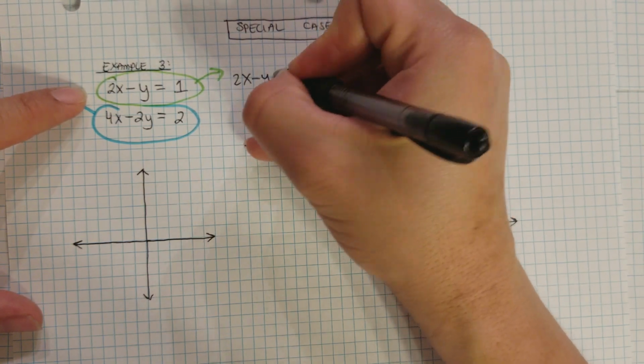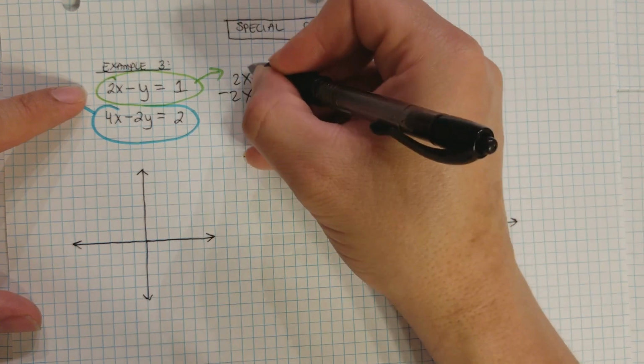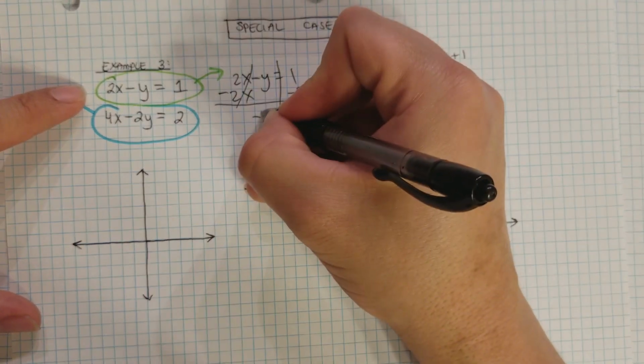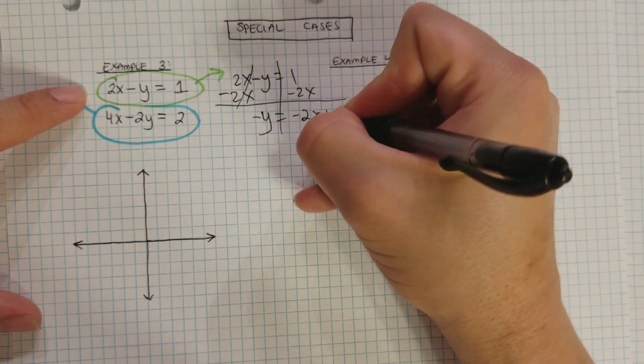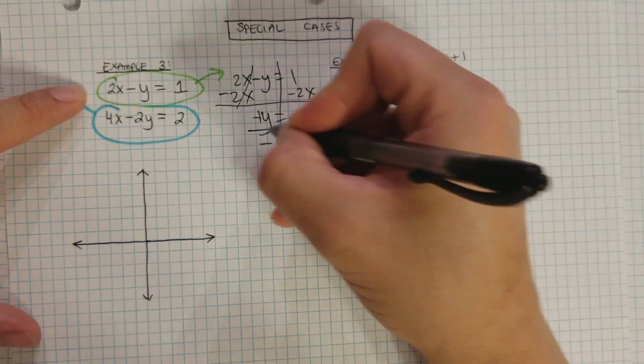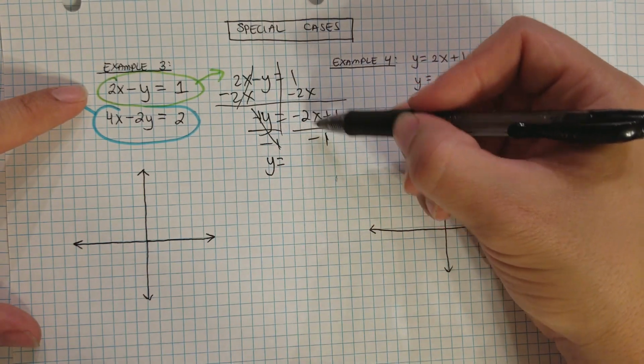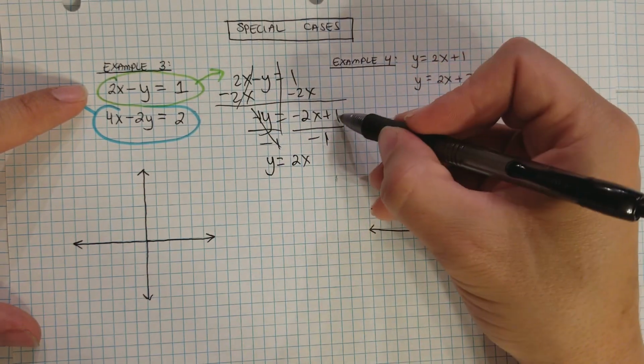So 2x minus y is equal to 1. Draw the wall. Subtract 2x. We get this to go away. Negative y is equal to negative 2x plus 1, because that's positive. Then we're going to divide by negative 1. We get the equation y is equal to, the negative and the negative cancel, so we're just left with 2x. Positive divided